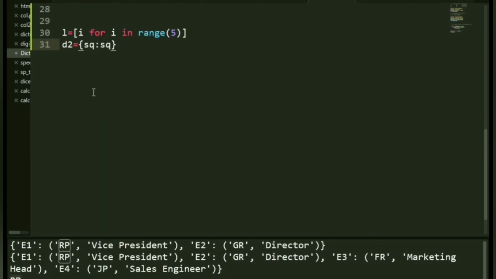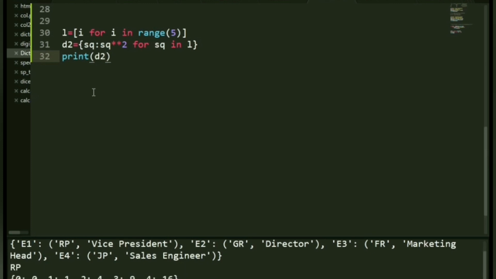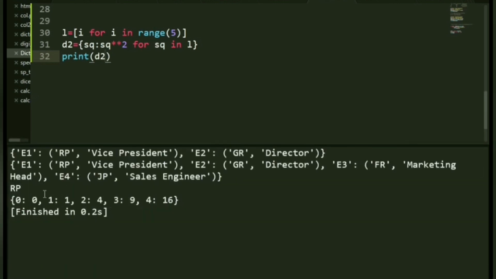Okay, so I shall say raised to 2, and simply for square in L. That's it. It's as simple as that. Your dictionary comprehension is done. If you know list and tuple comprehension, this is going to be pretty easy. Sorry, the dictionary and set comprehension is going to be pretty easy for you. Okay, you see 0, 0, 1, 1, 2, 4, 3, 9 and 4, 16.